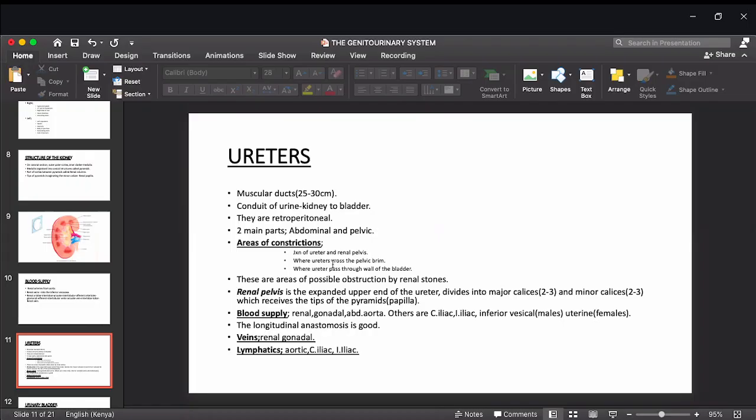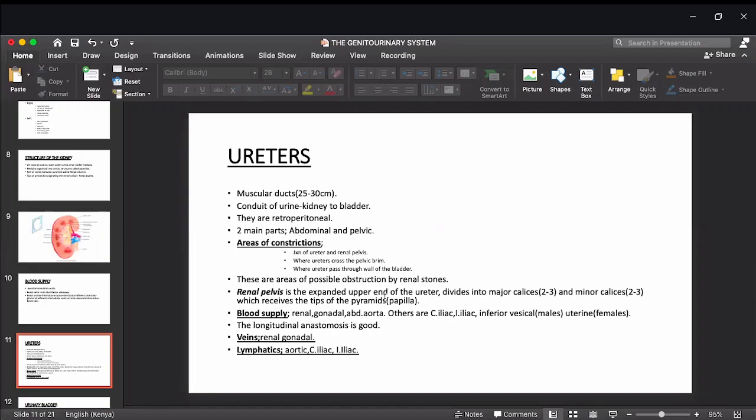We have the junction of the ureter and the renal pelvis, where the ureter crosses the pelvic brim, and where the ureter passes through the wall of the bladder. Those are the three areas of constriction of the ureter, an important anatomical variation. So why are they important? Because if you get a renal stone,